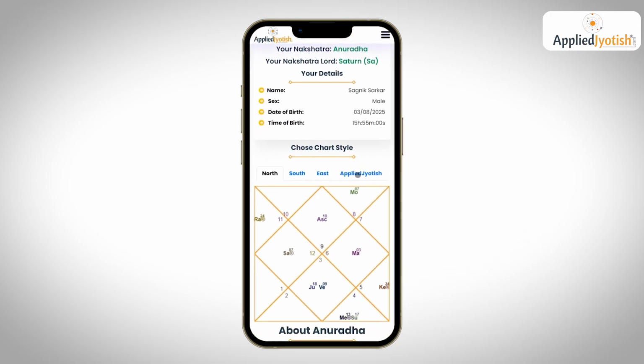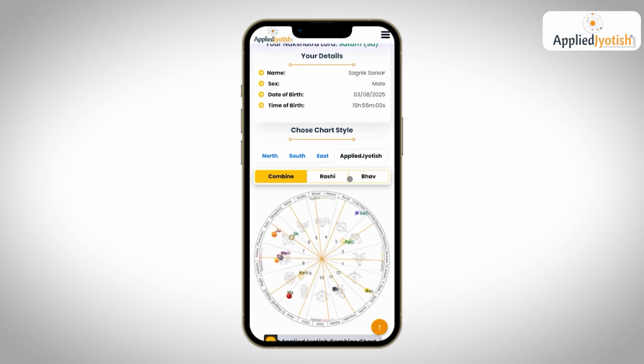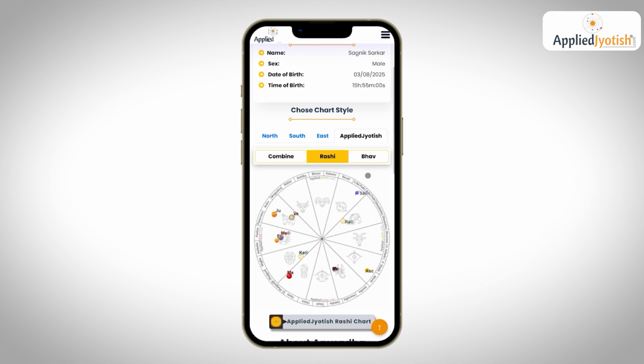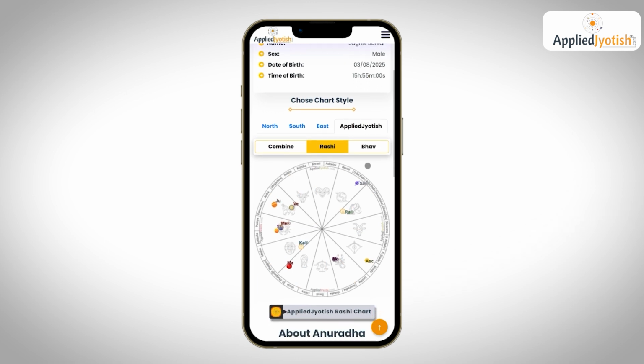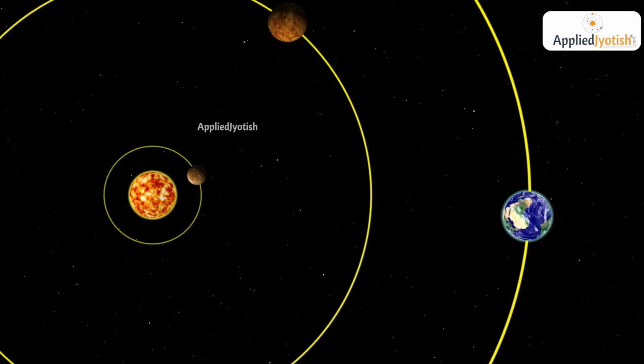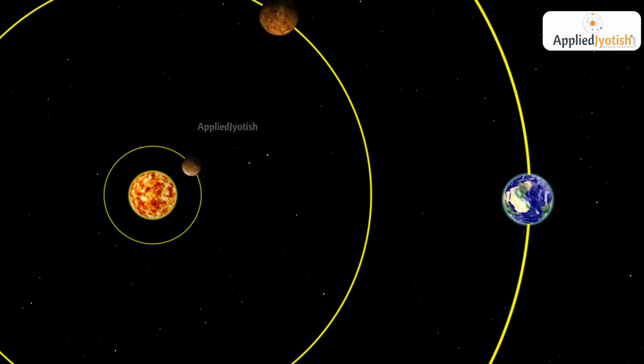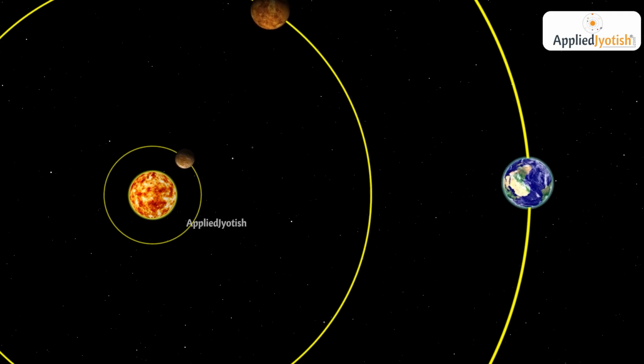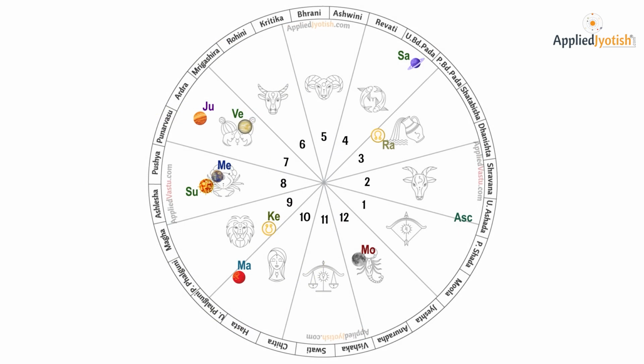Along with the nakshatra, it will also generate your birth chart or kundli. This is the AppliedJyotish circular kundli, where the outer sections represent the 27 nakshatras. Observe carefully in this birth chart, the moon is positioned in Anuradha nakshatra. The uniqueness of AppliedJyotish Kundali is that the position of the planets, signs, and the nakshatras are represented exactly as